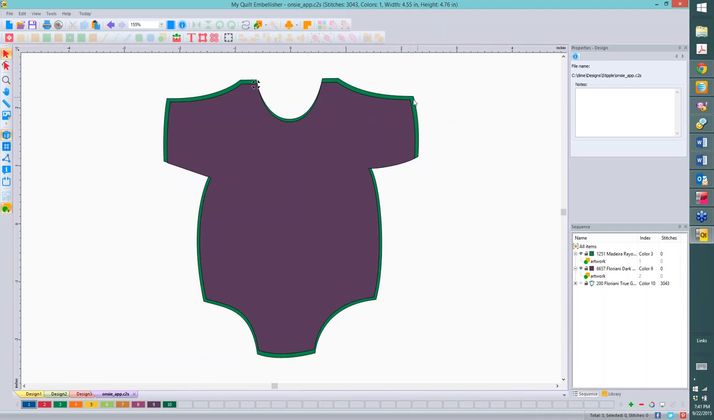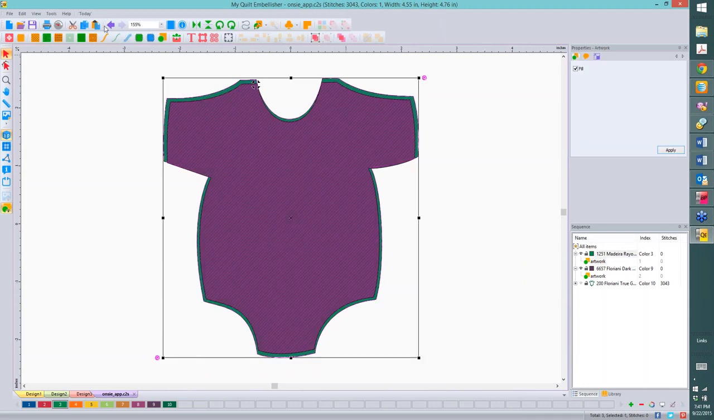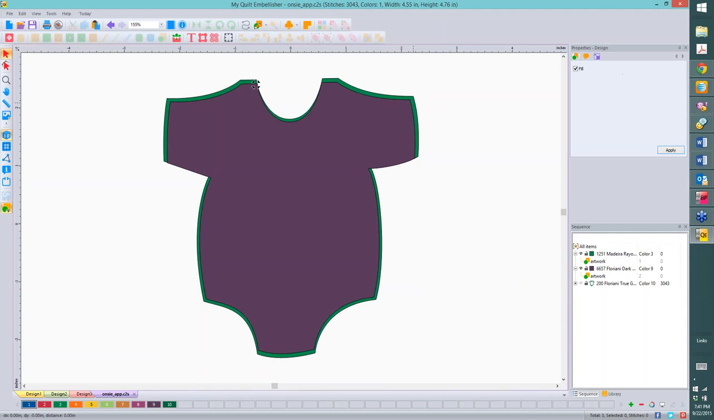Maybe if you do it by percentage, it would be different, but you get the idea. The seam allowance is always perfect. The other thing you can do,